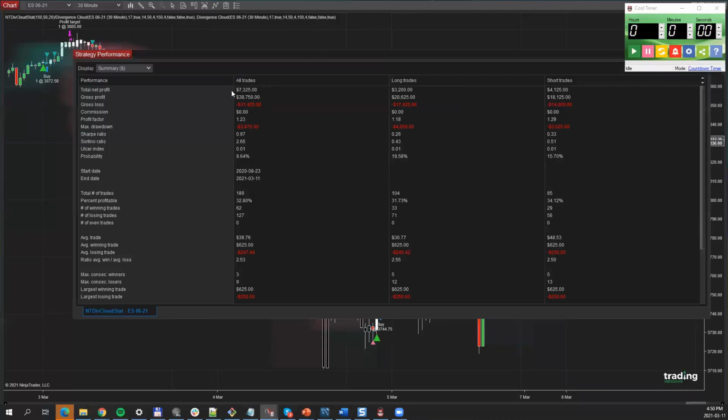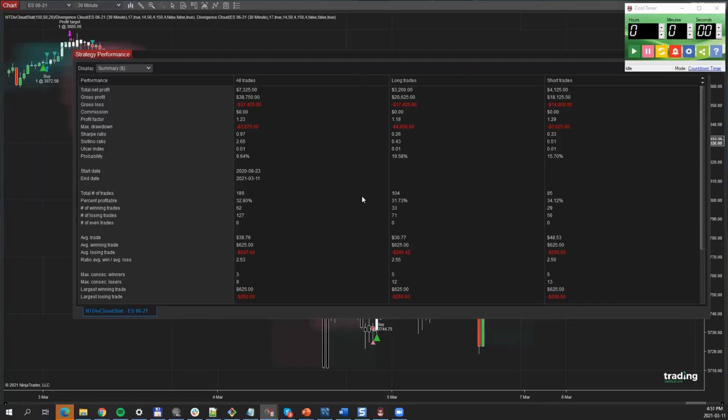It shows you that the hypothetical profit would have been $7,300 at a profit factor of 1.23. It also shows you that it would have traded both long and short. A few more trades in the long direction, but both directions are potentially working.